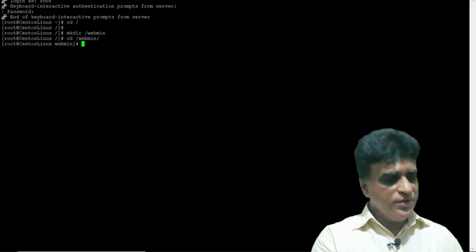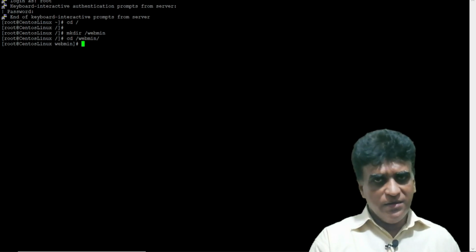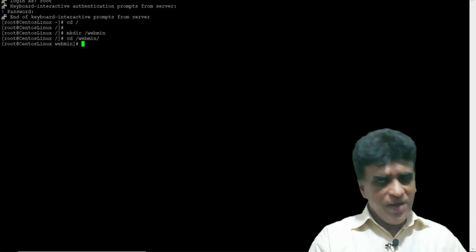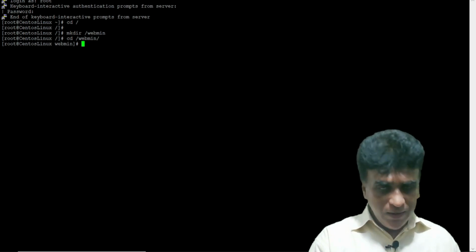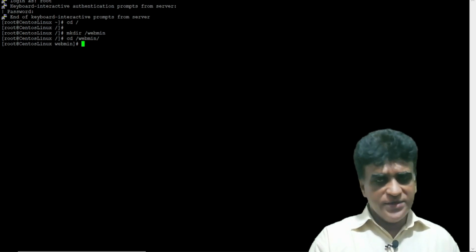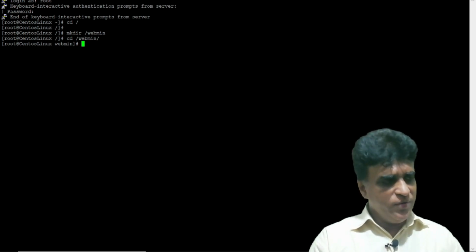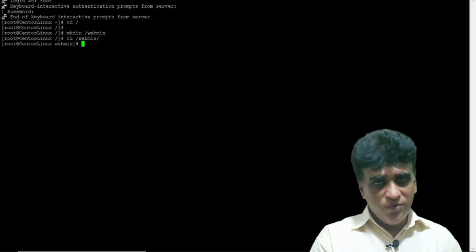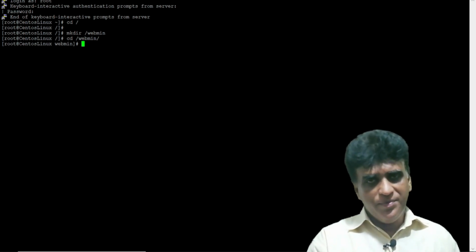We can't browse the website in this text-based operating system, right? But I have to download this, anyhow, into my CentOS Linux. Now I am going to download that into the webmin folder. What am I going to download? The webmin RPM package, right?